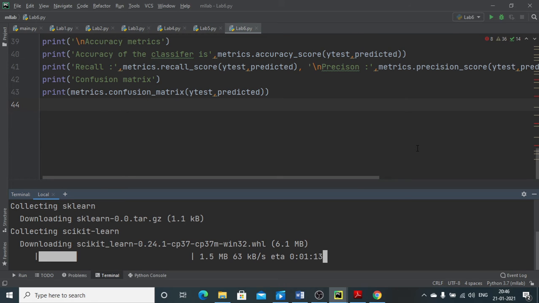It depends on the network whether it is very high speed or very low speed. If you have a very fast network, it will be done within a fraction of a second. Now it is taking more time because my network connectivity is very poor. Four MB of the library file is downloaded.